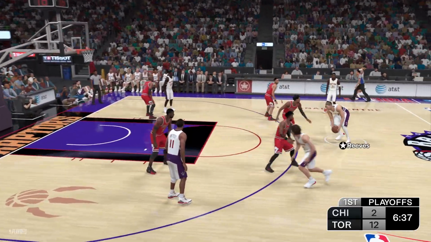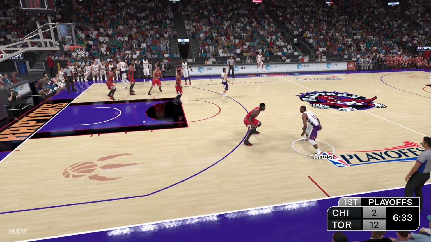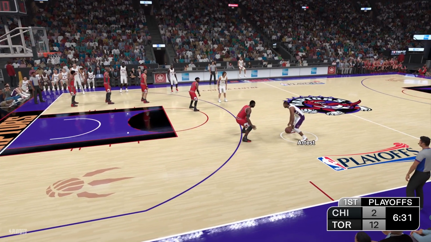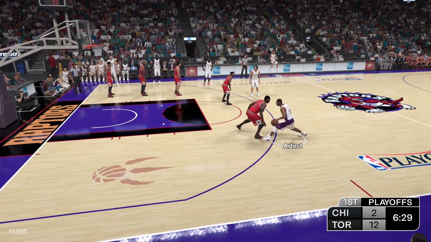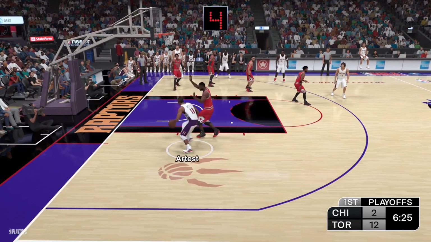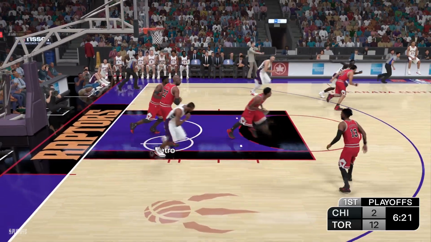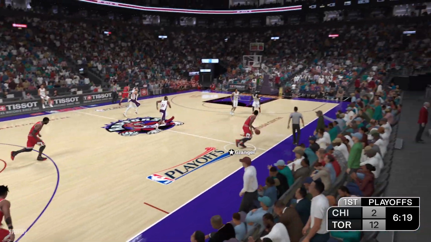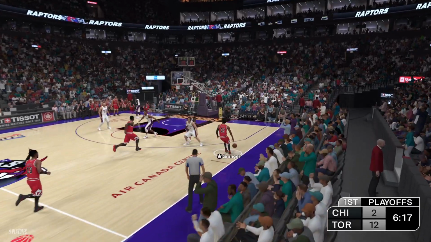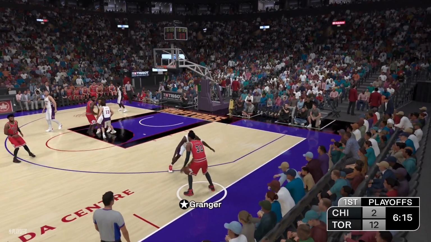Reeves outside. Outside Artest. And it's Petro with the rebound. And you can see the defenders afraid to kind of get in his way a lot of times when he's on his way to the basket.